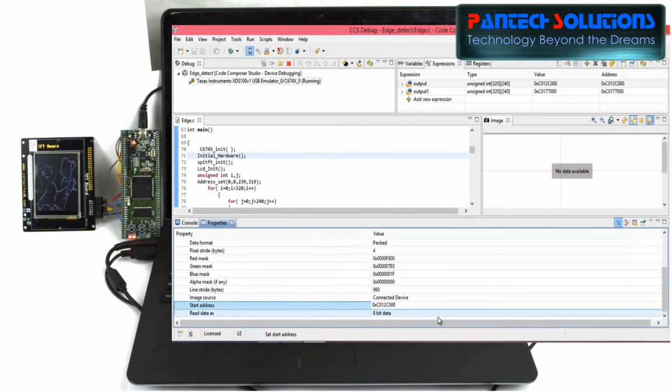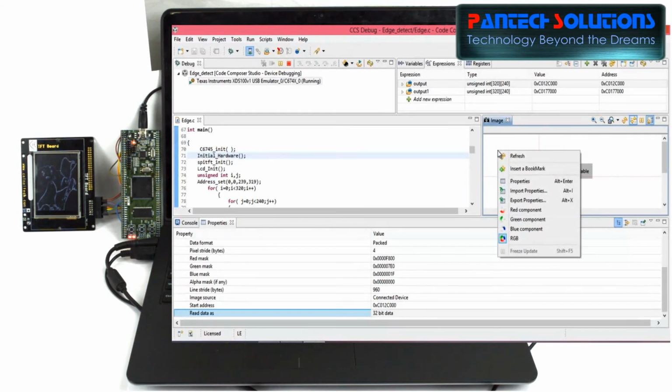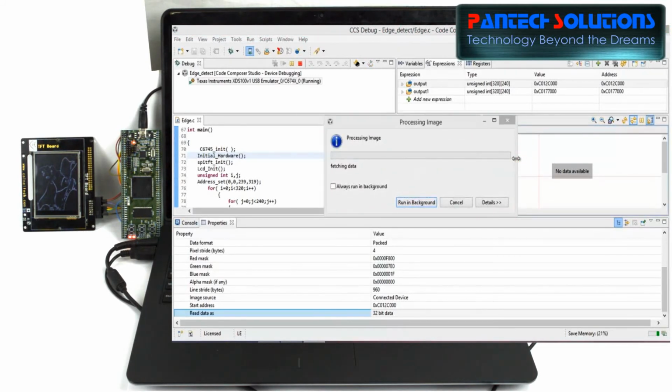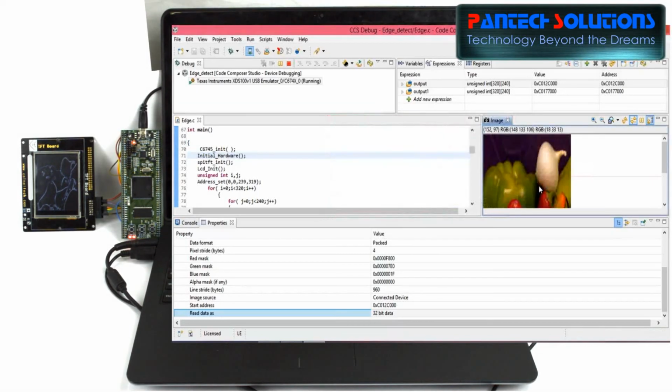Then we are reading the data as 32-bit format. So just by refresh you can see the input image. Yes, so this is our input image.